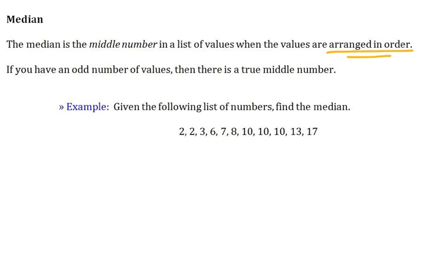So let's start with this list of numbers below. We have the list of numbers 2, 2, 3, 6, 7, 8, 10, 10, 10, 13, 17. We're asked to find the median. My first check for processing the median is, are the values in order? And in this case, yes, they are in order. My next task becomes figuring out if there's an odd number of values or an even number. I'll just count them up real quick here. It looks like there are 1, 2, 3, 4, 5, 6, 7, 8, 9, 10, 11 numbers,